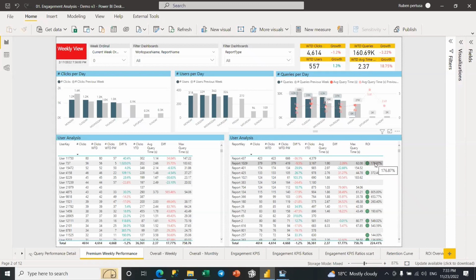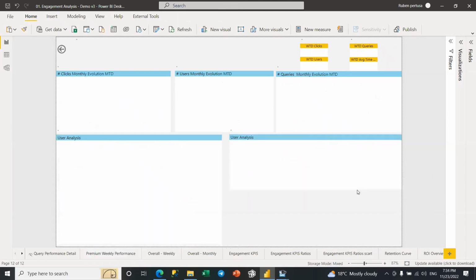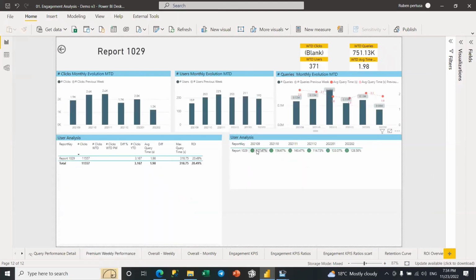Okay, this is a report for the CEO. If he will just open that report once a week, fine, just one click. Or I expect my whole team globally to use this. I don't know, 500 clicks per week. We can measure it and actually see this as a target, and even right click, check the return of investment evolution, and really see if we are achieving those targets month by month.